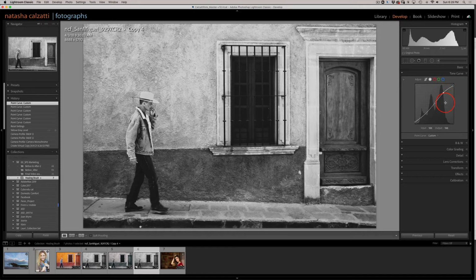I'm looking at the histogram. So my highlight is kind of peeking over here. So I'm going to bring that down, up rather, and bring this just slightly down, and bring this slightly down, like so. Now this window kind of looks muddy to me, so I'm going to take my brush tool